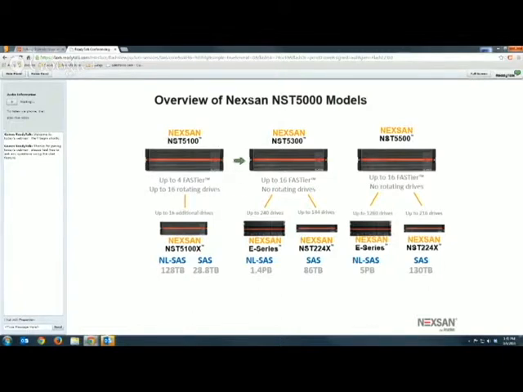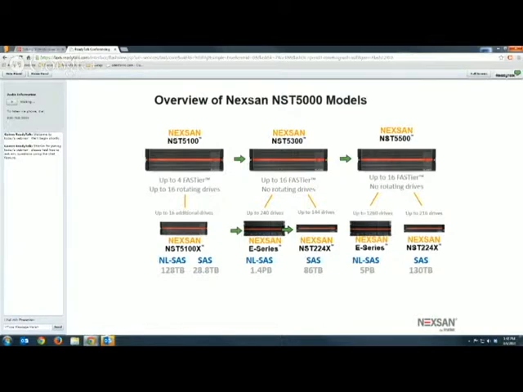The 53 and the 5500, which came out at the same time as the 5100, as you can see, the top unit, or the actual appliance itself, has no spinning drives in it. It is only used for caching technology, up to 16 SSD drives for the caching tier. And then the storage on the back end, depending on what you're looking to do within the system, is either going to be our 224X, which is a SAS or SSD-based system only, or